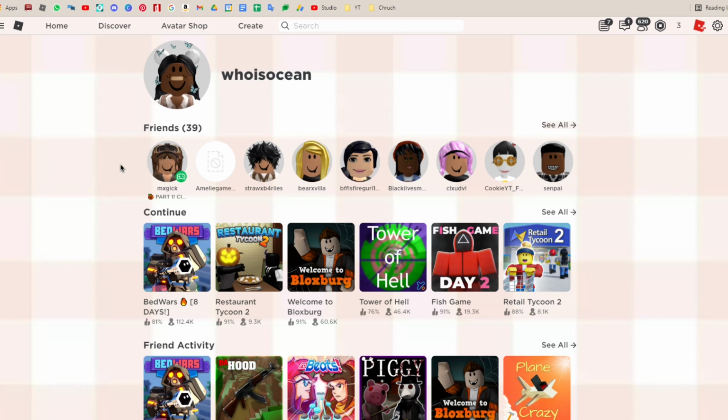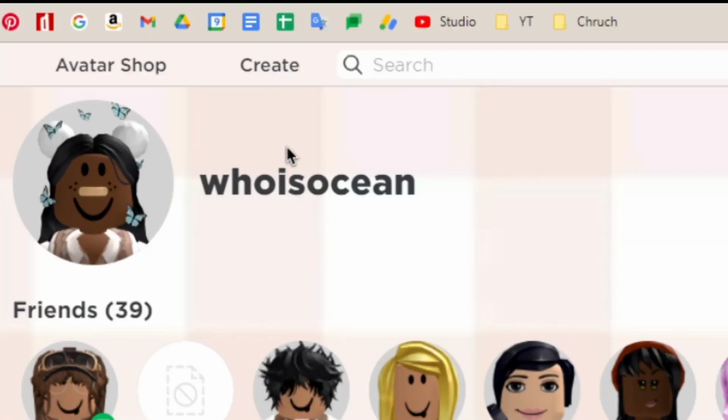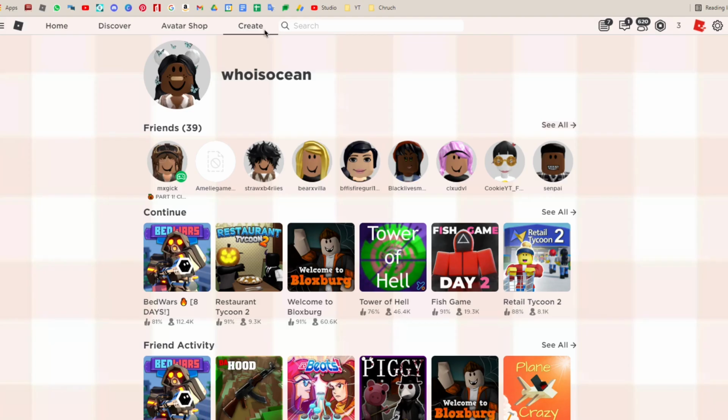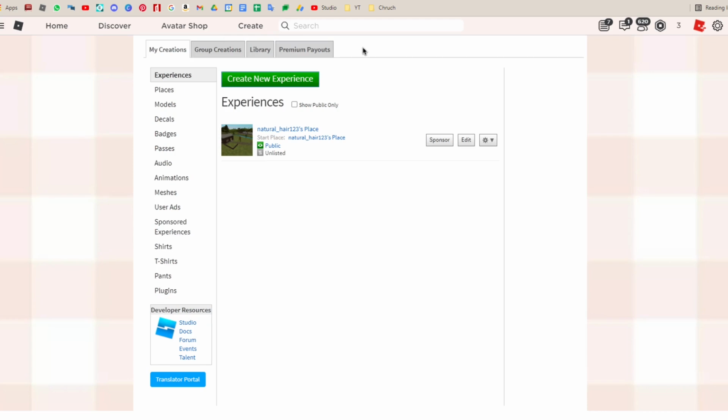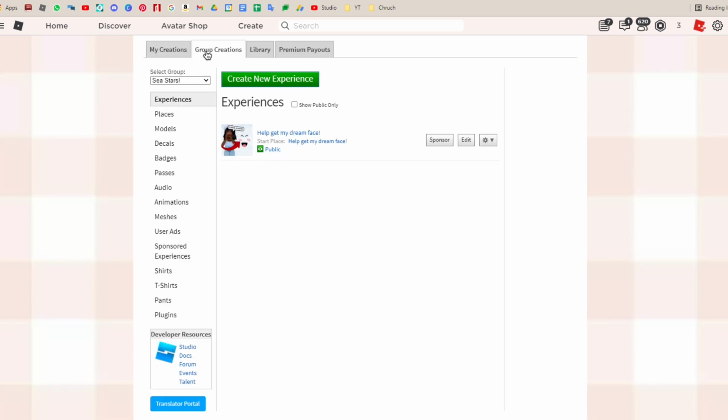and sell them on your group. So I'm going to show you how to do that. The first thing you want to do is click on create on your Roblox home screen. Now you can either choose between your group creations or your creations. Since I have a group, I usually click on group creations whenever I make